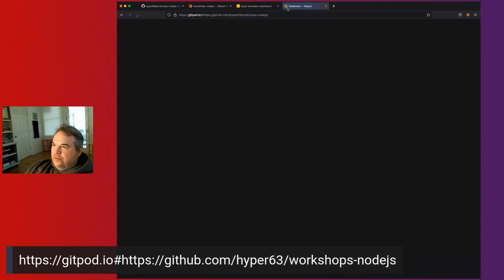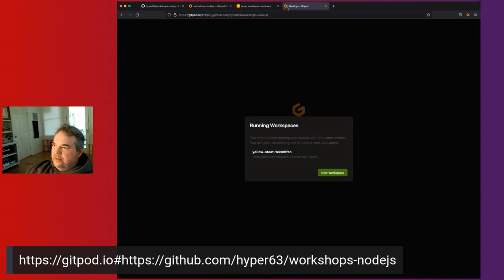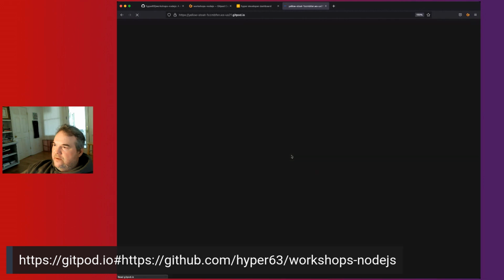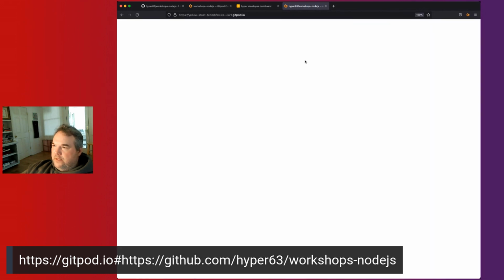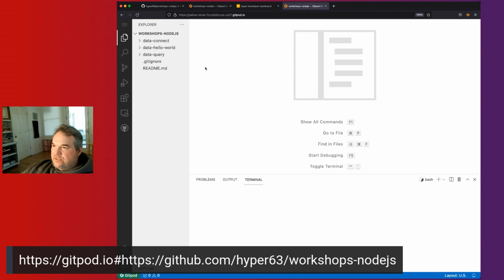And what that will do is launch you in. And I'm already running the workspace, so I can just click on that and it's going to launch me into that workspace. And it's just Visual Studio Code